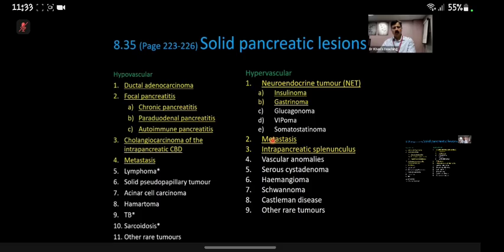So now we will go into the world of pancreatic tumors, and this is from your book. So many things can happen, but I will confine myself to some of the important ones from the exam point